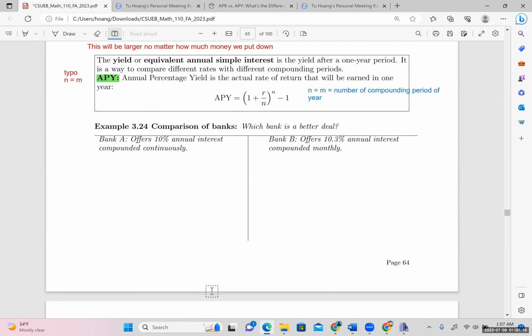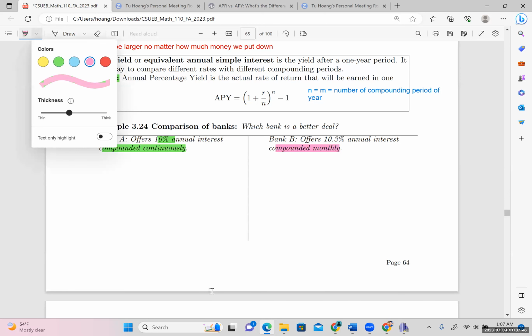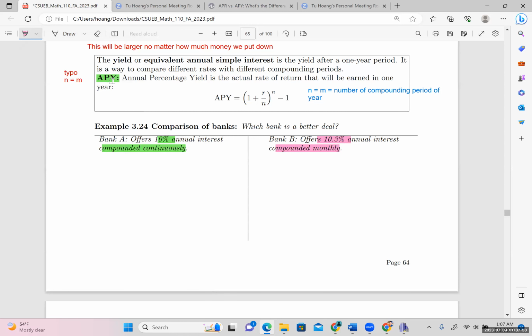Okay, so we're gonna use that way and compare banks A and B with different annual interest rates: compounded continuously for bank A and compounded monthly for bank B. One is using 10% APR, and one is using 10.3% APR. So I have A equal to P times